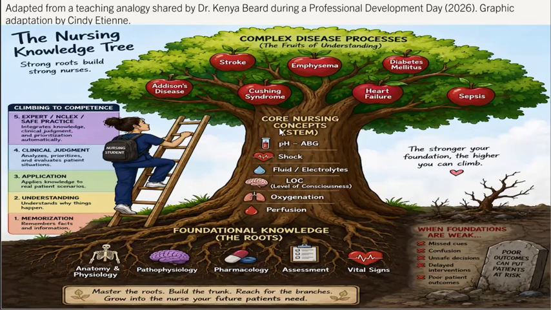But these are our main stems. It's not all of them, but this is just an example of what you need to know to understand why these all apply. Think of your nursing education like climbing a tree. The diseases are the fruit at the top, but you can't reach them without first building a strong trunk and strong roots. If you try to memorize diseases without understanding the underlying concepts, you'll eventually struggle. My goal is to help you become a nurse who understands why something is happening, not just what is happening.